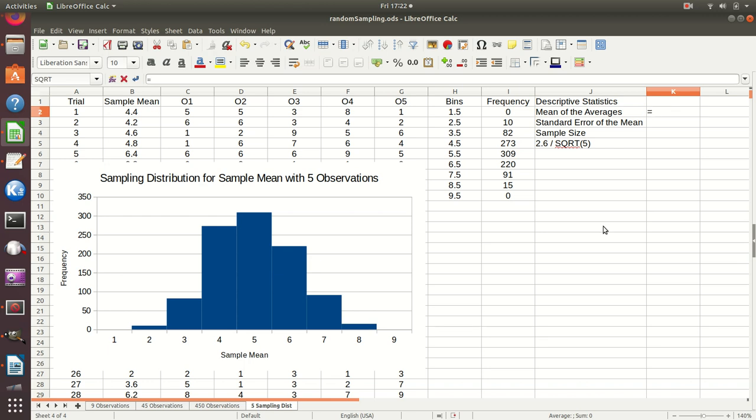So we need the average, so equals average of, and again I need B2 through B1001, and so I'm going to go down here to row 10 and then add a 0 and a 1, and so you see I have that average for that, and I hit enter and it's around 5, and then equals, and I'll do the standard deviation, same thing, again,